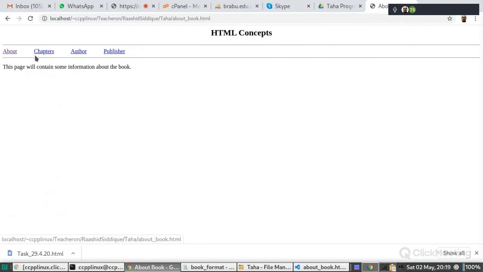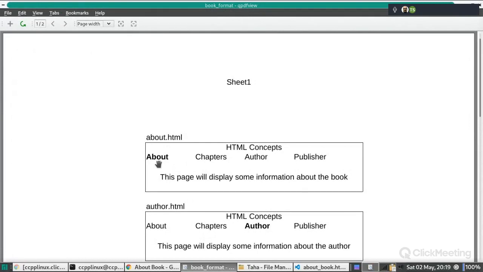So this is the first menu, second menu, third menu, fourth menu. And since we are on this about page, at this moment it should be bold or underlined or italic, something else, so that we can understand that this is our current menu. So we can change its size, we can change its color, anyone. For simplicity, I have just made it bold, but it is not necessary.